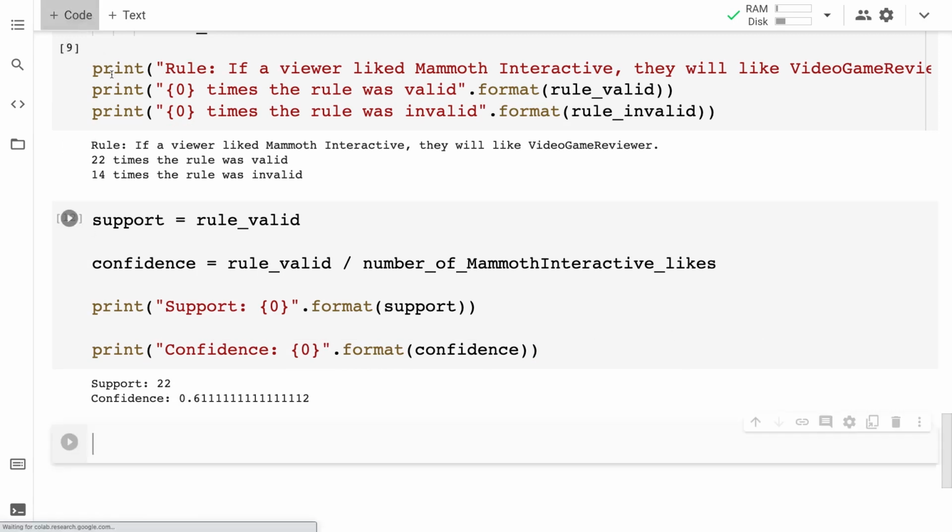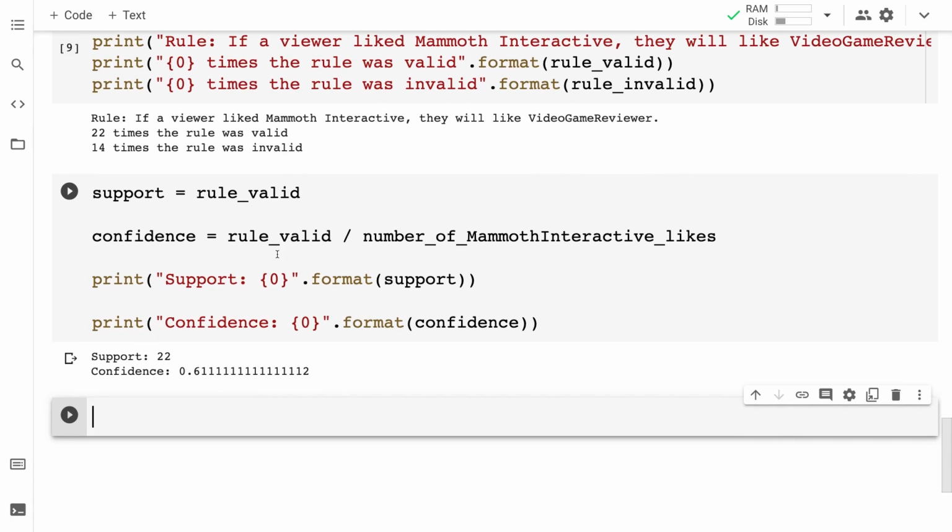I can format that into a percentage by printing out this value, 0.1f, and then a percent sign after that curly bracket. Then I can add the format function, and I'll format 100 times the confidence to turn it into a percentage.